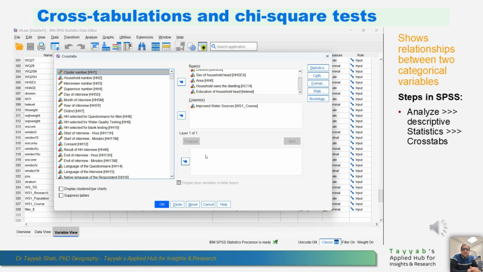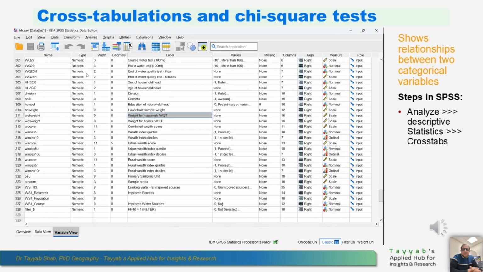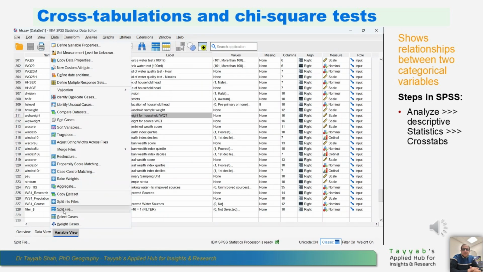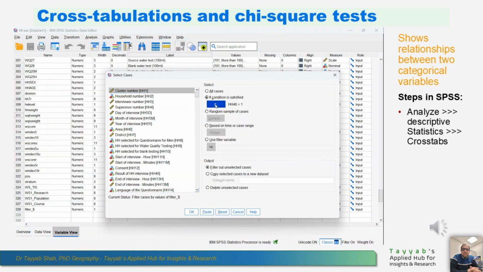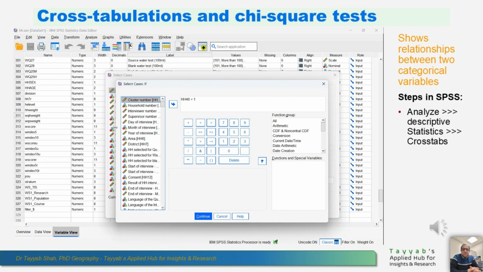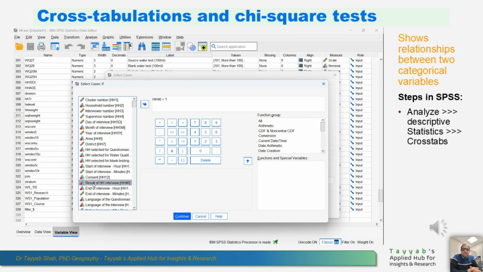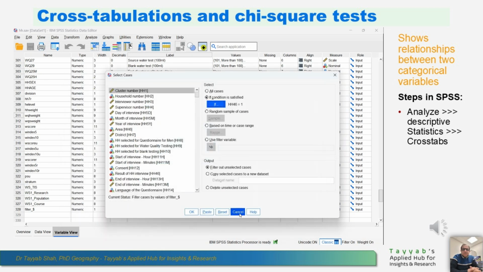Before going to run this test, I want to make sure you know a few things which we already have. So first thing is we want to check the select cases. We need to make sure we have only the cases where the questionnaire is valid. So we have this variable, result of household interview, whose variable name is HH46, and we want the first category, which represents the complete household survey. That is equal to 1. That we need to set. We want only the cases which have a complete